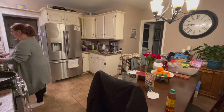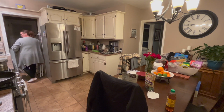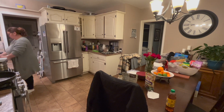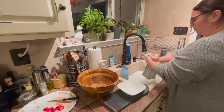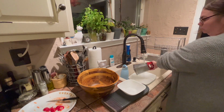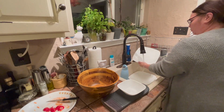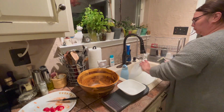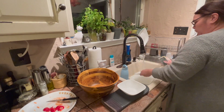And then I have to have somebody come out to run everything, run new electricity, run new connections and connect everything in the pipes. And I just have a feeling that it's going to be a bigger project than just, oh yeah, we're getting a dishwasher. And that's why I just keep putting it off, and I just keep doing the dishes by hand,